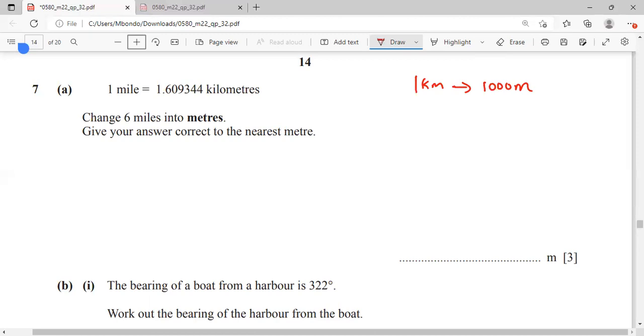So we are going to say 6 multiplied by, we want to change 6 miles into meters. So we are going to say now 6 multiplied by 1 point